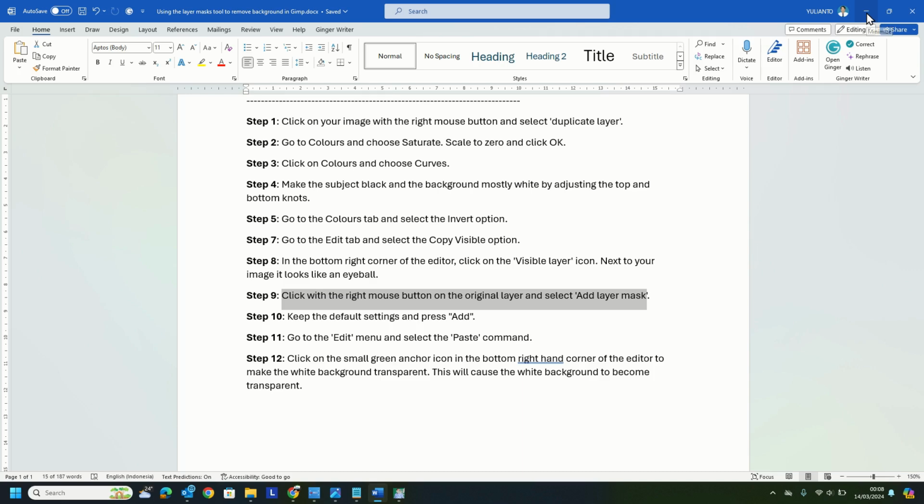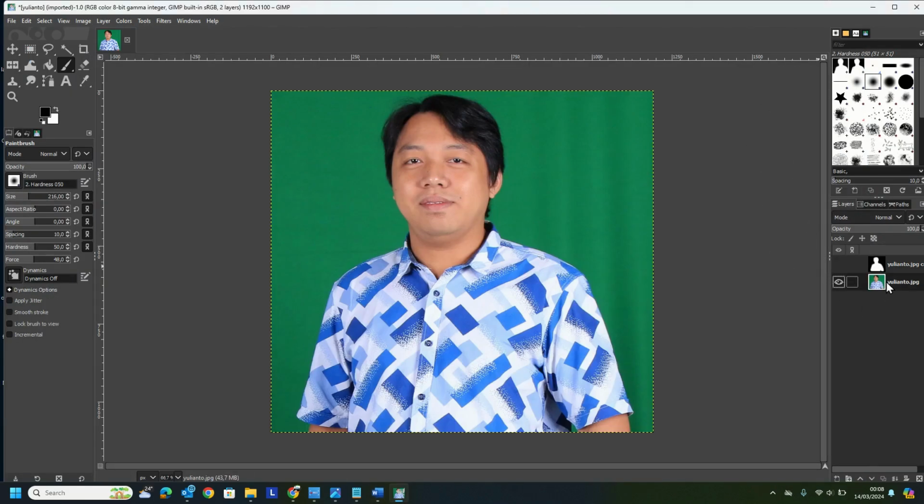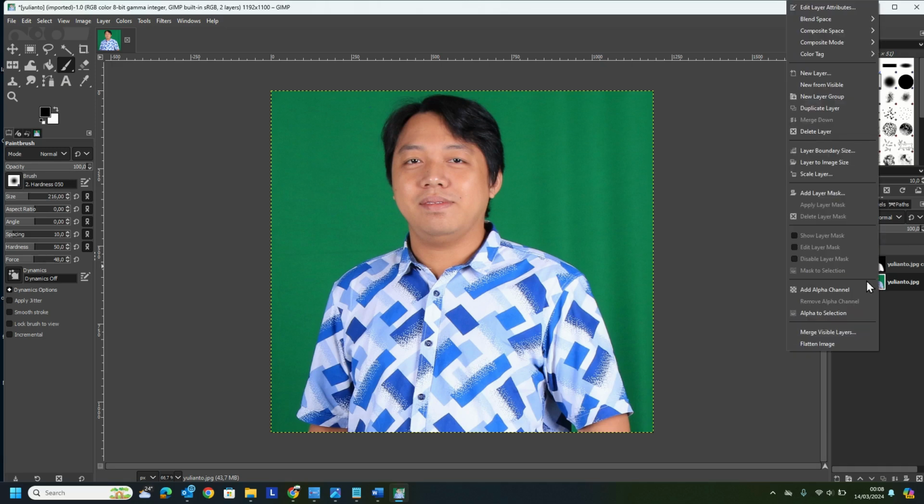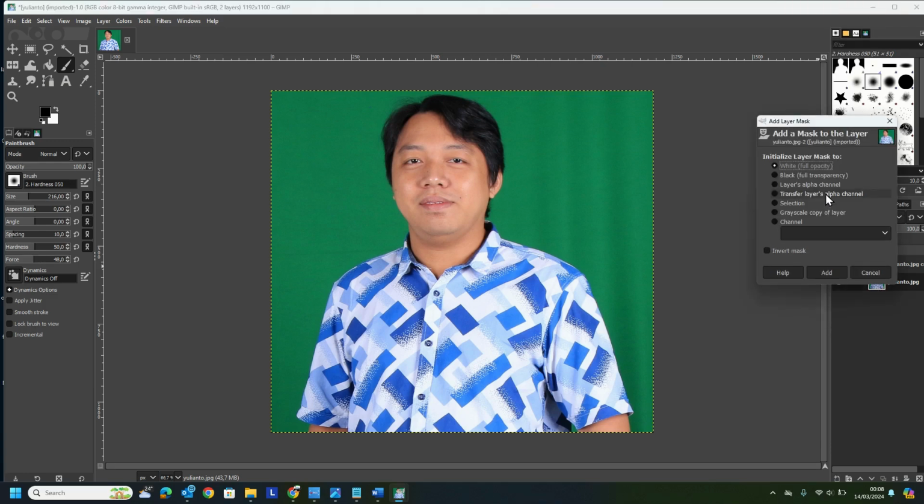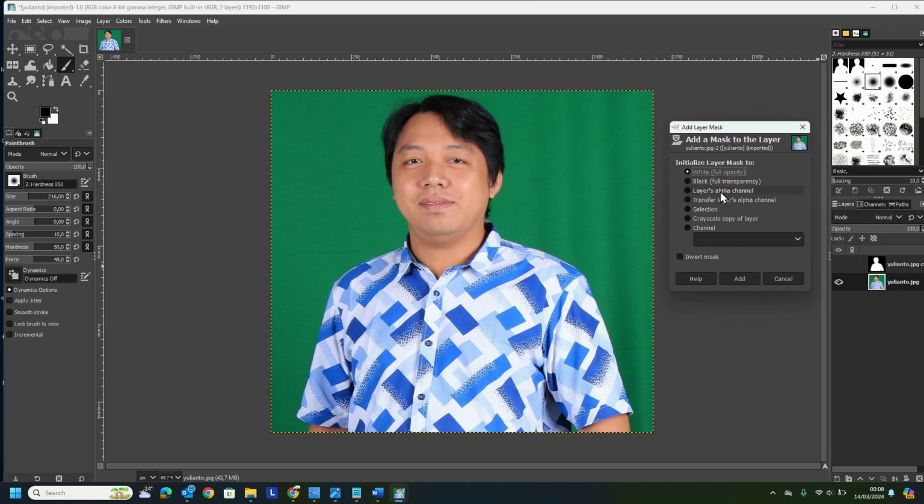We click this, right click, then select Add Layer Mask. Then the pop-up menu will appear. Don't make any change to this menu, just click the Add button.